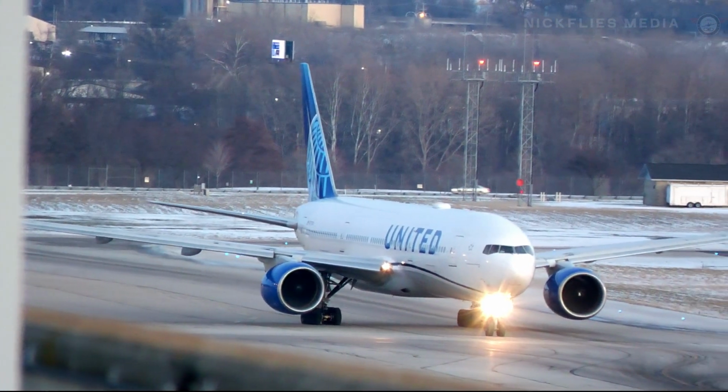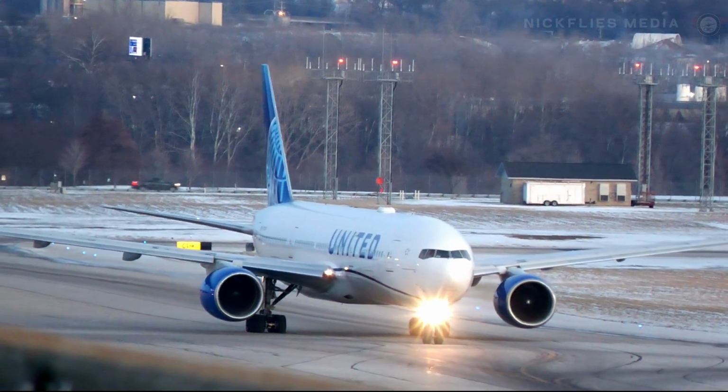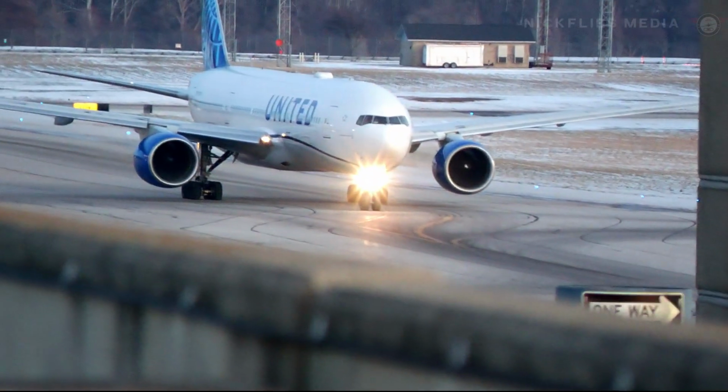Back out to Minneapolis, one wheelchair. We're going to lose them behind the building here, I think. The frequency is going to be 125.905. Sorry about that. Squawk